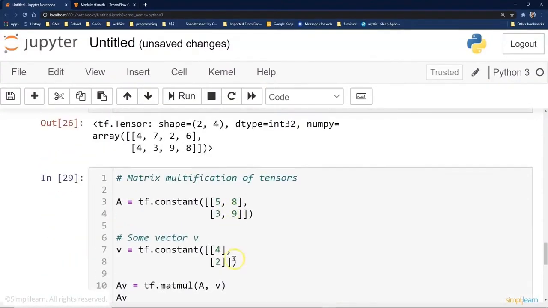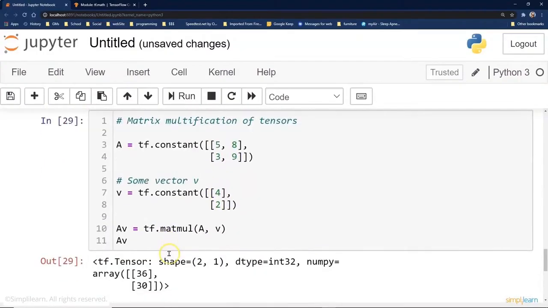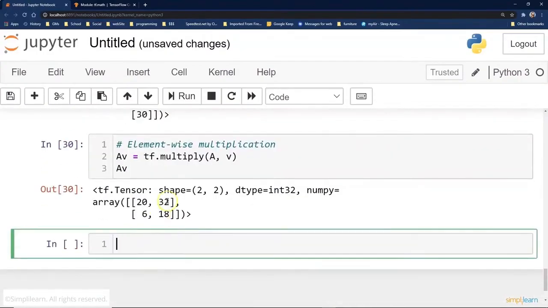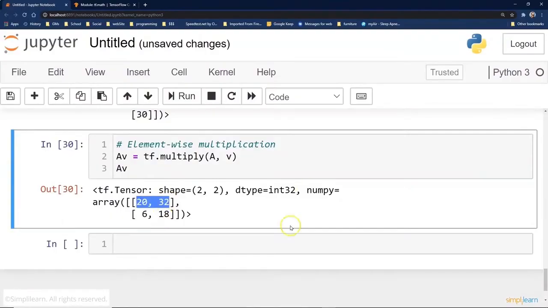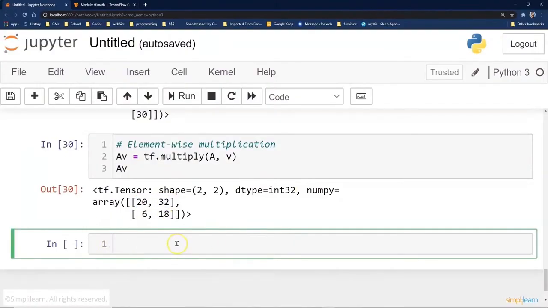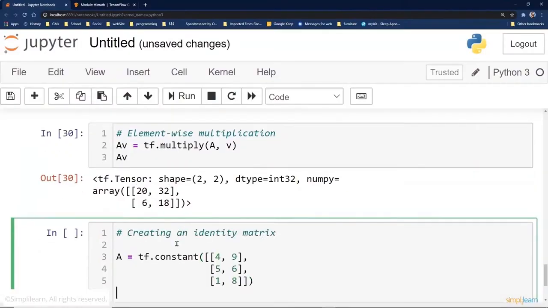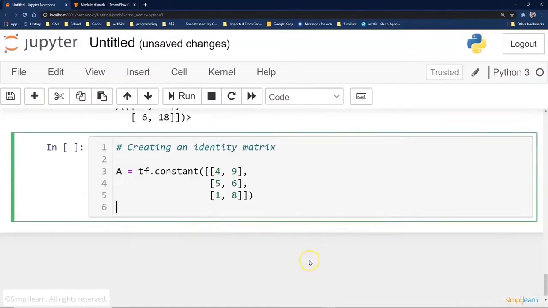And that's pretty straightforward. If you look at it, you have 4 times 5 is 20, 4 times 8 is 32. That's where those numbers come from. We can also quickly create an identity matrix, which is basically your main values on the diagonal being 1s and 0s across the other side. Let's go ahead and take a look and see what that